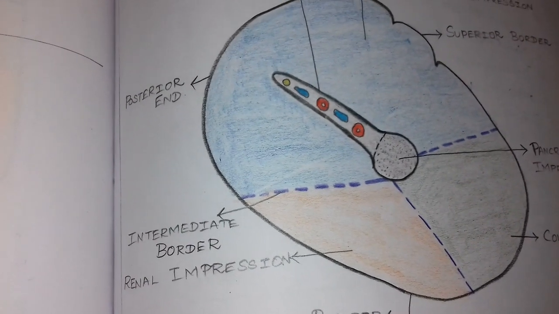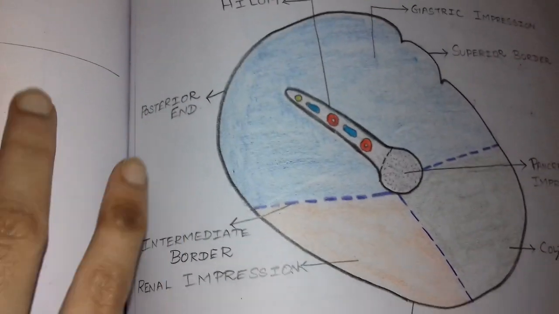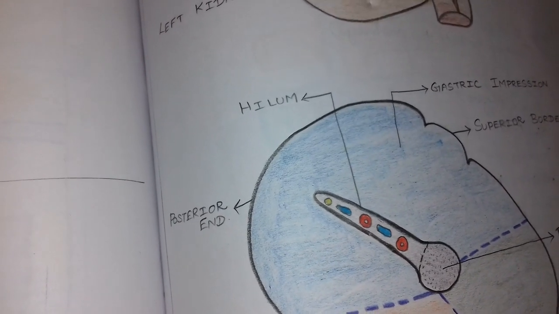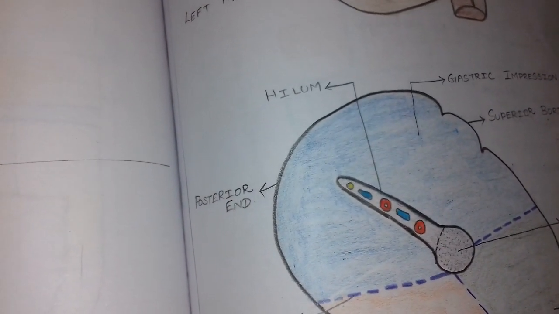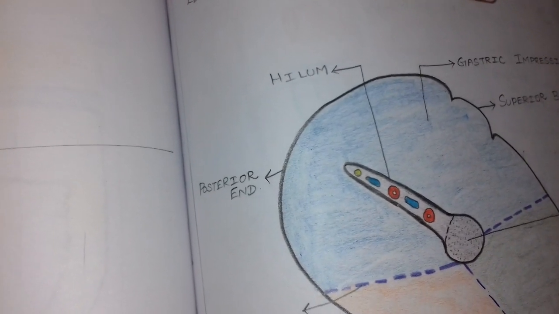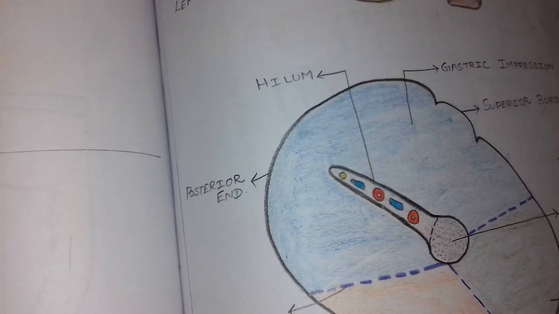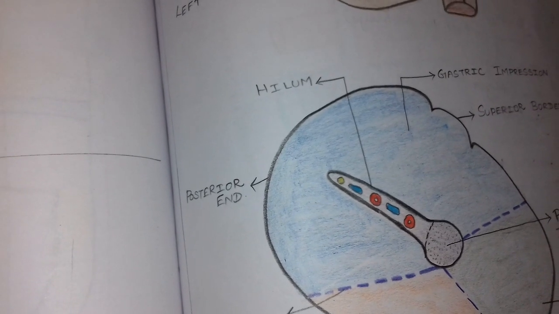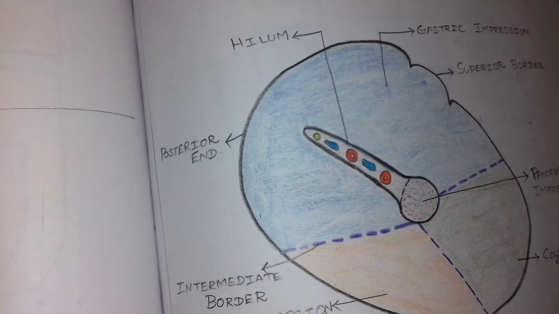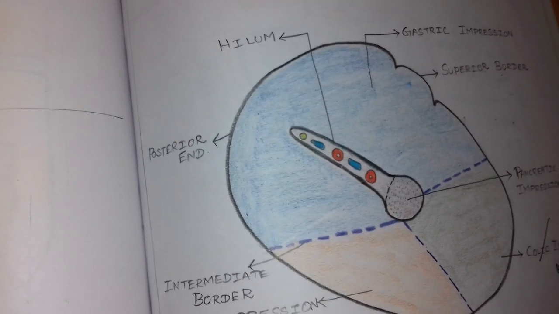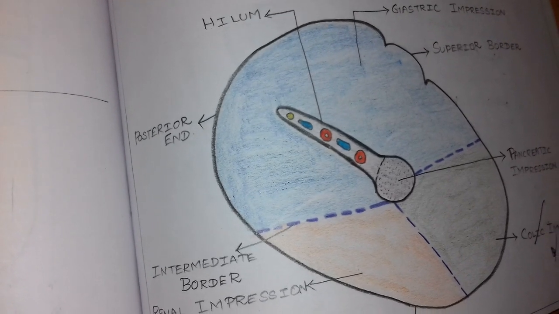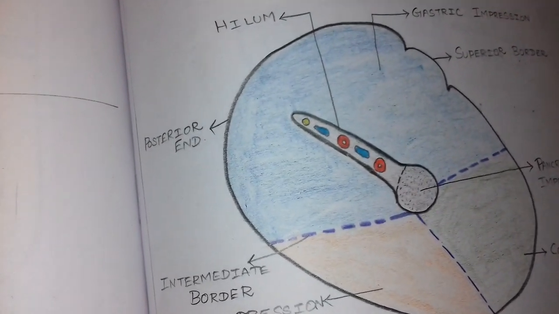Arterial supply of the spleen. The spleen is supplied by the splenic artery. It is the largest branch of the celiac trunk. This splenic artery divides into 5 to 7 short gastric branches, and it also gives the left gastroepiploic artery, and it gives numerous branches to the pancreas. These are the branches of the splenic artery.